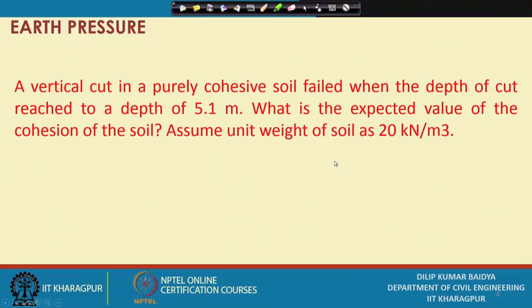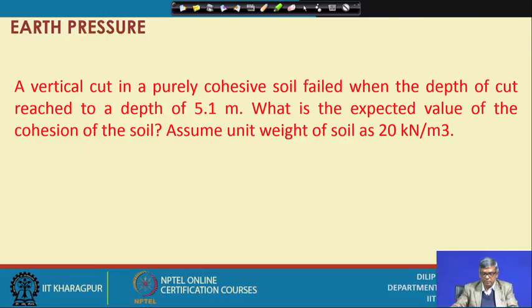You can see a vertical cut in a purely cohesive soil field. When the depth of the cut reaches a depth of 5.1 meter, what is the expected value of the cohesion of the soil? So, a pure cohesive soil is mentioned, and its excavation is going on, and suddenly when it reached 5.1 meter, it failed. So, from here you have to guess